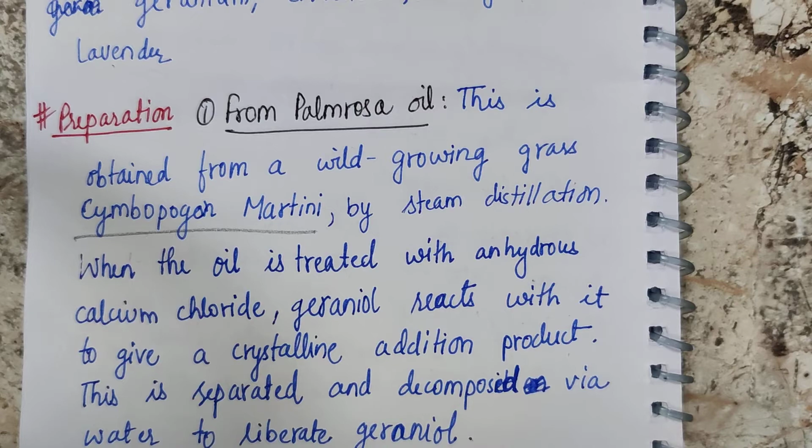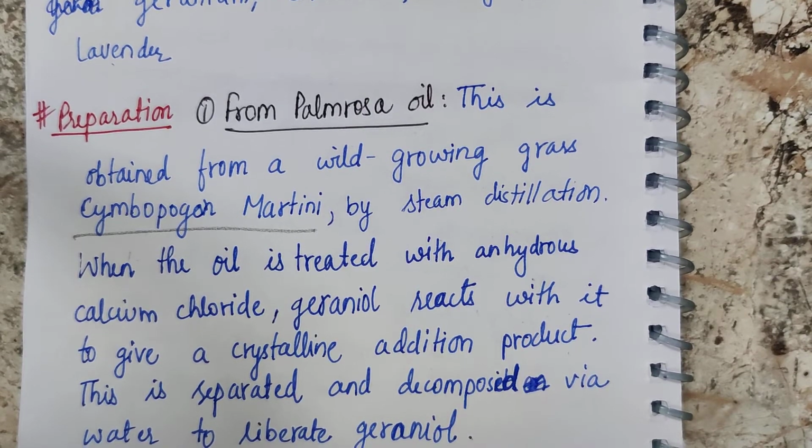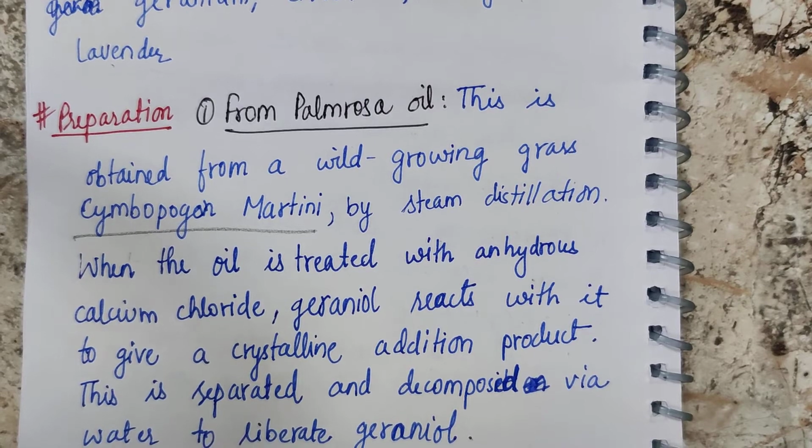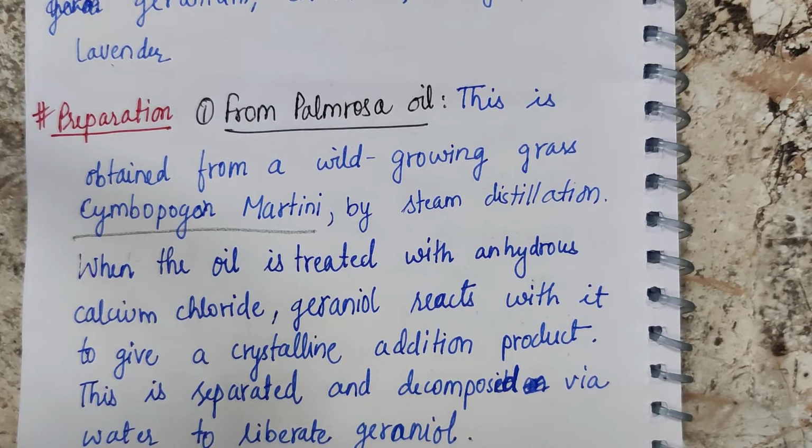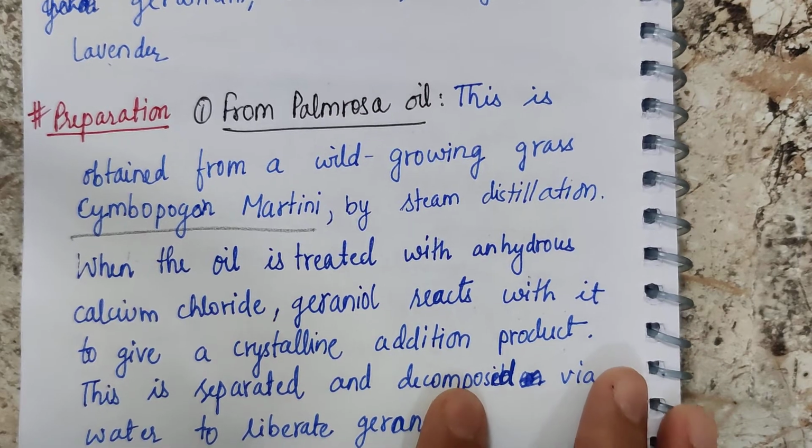The steam distillation process we have already discussed when we were discussing terpenoids and steroids. In the process of isolation, there we have discussed steam distillation. By steam distillation, this